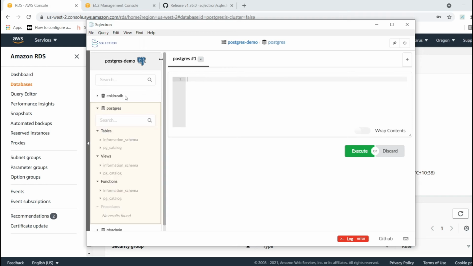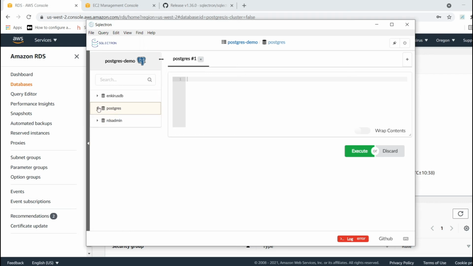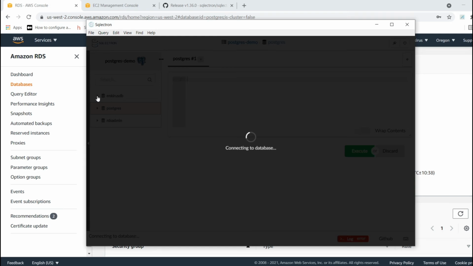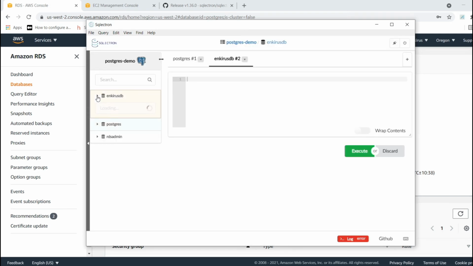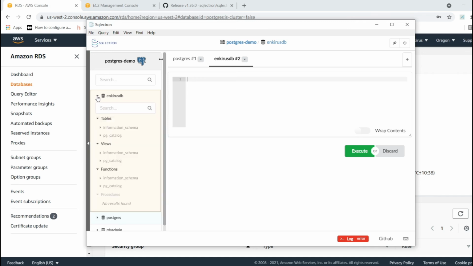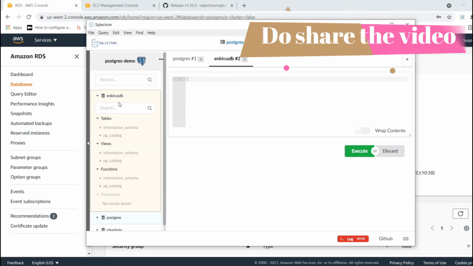As you see on your left-hand side, we have three databases. Two are default and one is the one which we created, NKRS DB, Postgres, RDS admin. You can just right click on this and we are inside the DB. Whatever command we run, creating a table or doing a show query, we can access it from here.